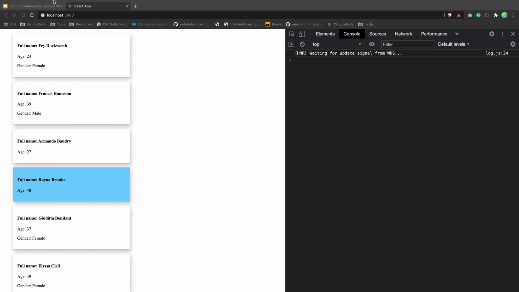Even if I imagine that I will create another component, let me create a component user list, and inside user list I will create another index JS, a React functional arrow function component here, user list.